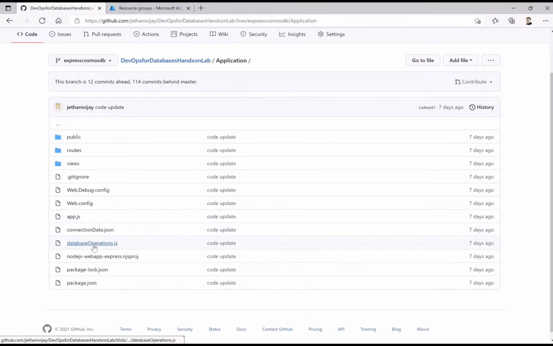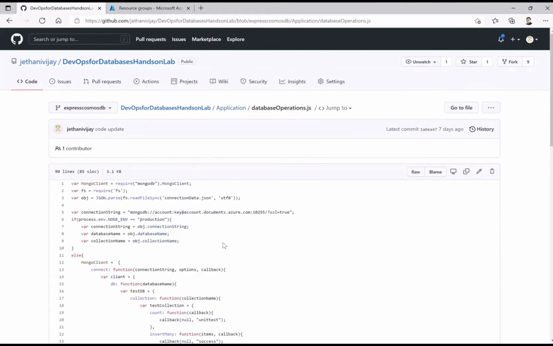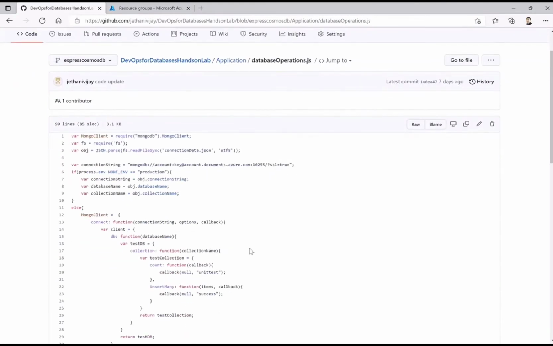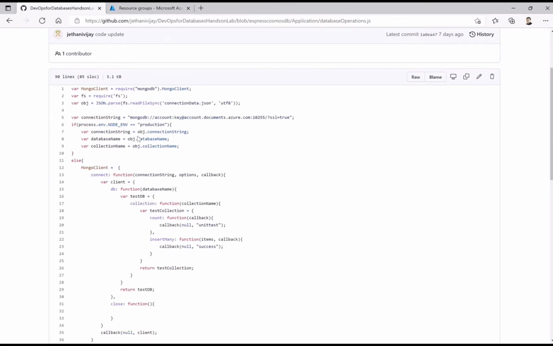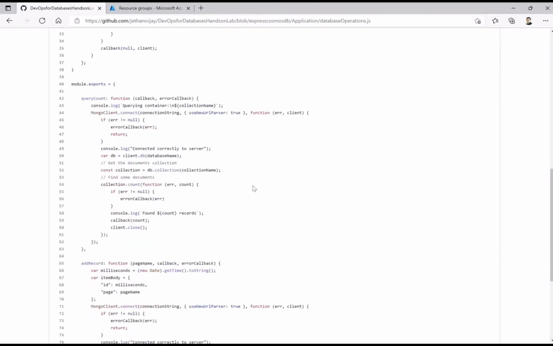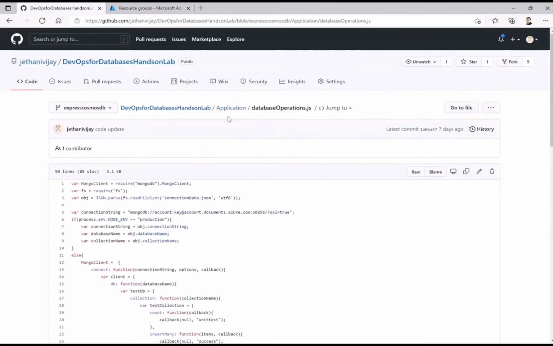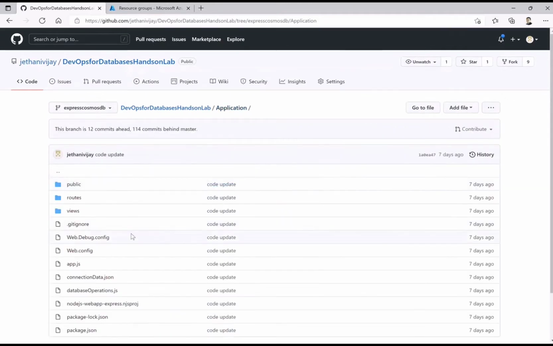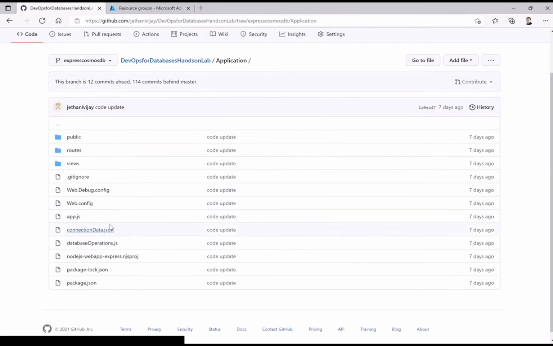Similarly, whatever operations we do, this is the heart of that particular application along with the database. Okay, so this is how it is pulling out the respective strings which we are setting in the connection data.json. Okay, so from a database perspective, this is what you have as a part of your application code. The rest of the things, if you have worked on Node.js, you may know, like package.json and how you create the lock.json for dependencies and everything.